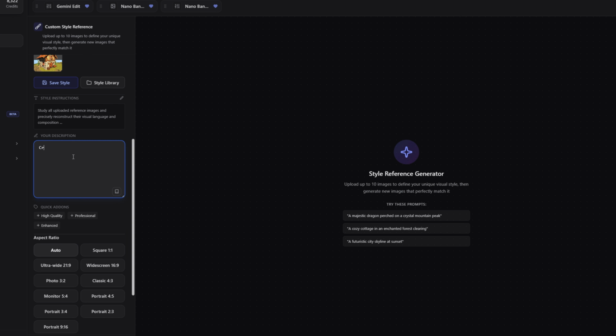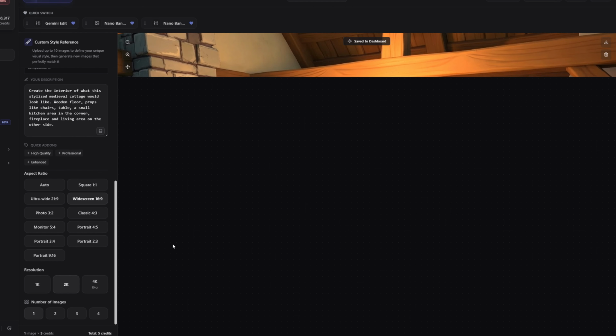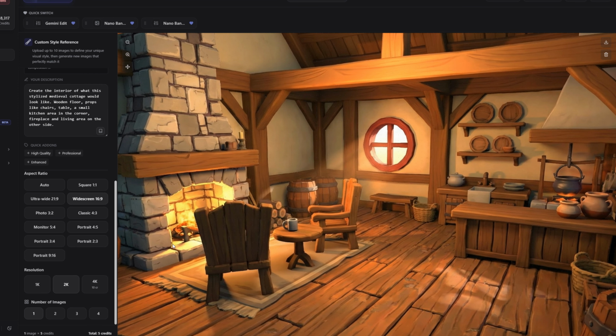Now I'll prompt it with something like, create the interior of what this stylized medieval cottage would look like. Wooden floor, simple furniture, props, chairs, all the details we'd expect inside the house. And I'll choose widescreen here, click generate, and let's see what we get. And as you can see here, when the rendering comes up, you might recognize some of the props and overall look from the opening cinematic. This image is basically our style blueprint, the reference we're going to use when we start generating all the individual